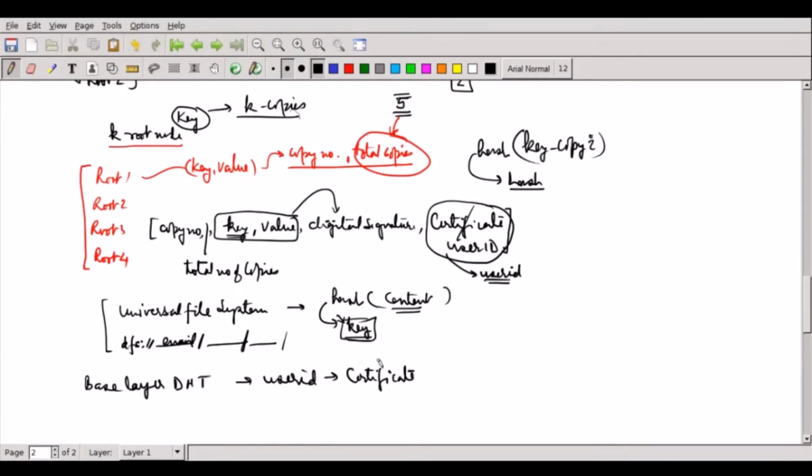This certificate will be signed by itself. This user ID key pair will be signed by the private key of the user ID. So you can look at the public key here and verify, yes, this is properly signed. This is another kind of structure which will be present. I don't require a certificate again in this case. The value is also a certificate, and another certificate does not make sense.